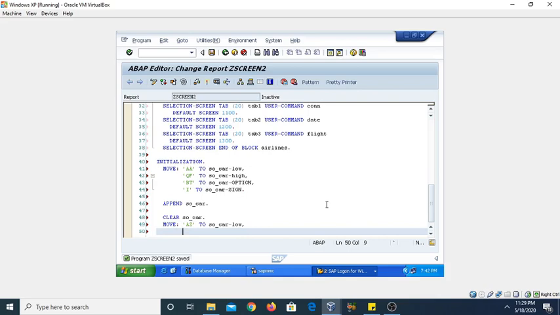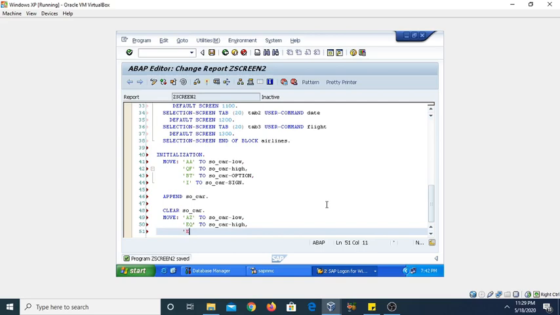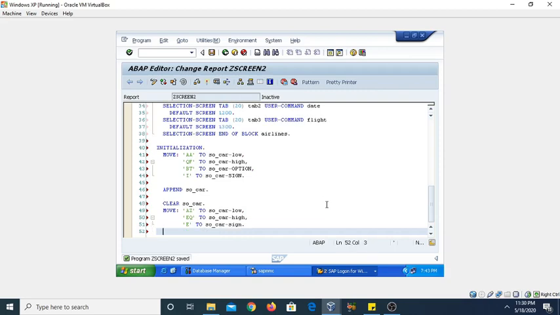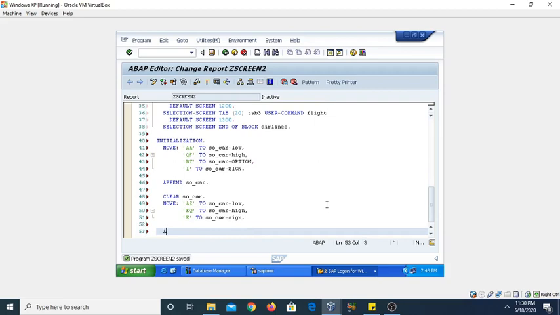Similarly, EQ to SO underscore char high value. Now defining the sign option. Sign is exclusive. Exclude SO underscore char sign. Now again we need to append into the internal table, so use the statement append SO underscore char.